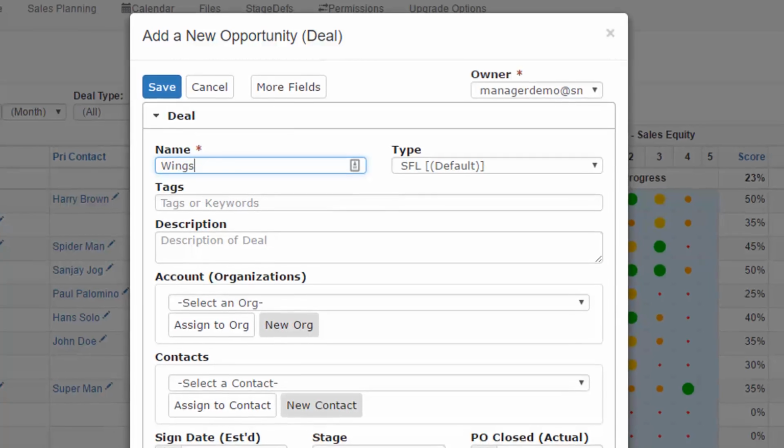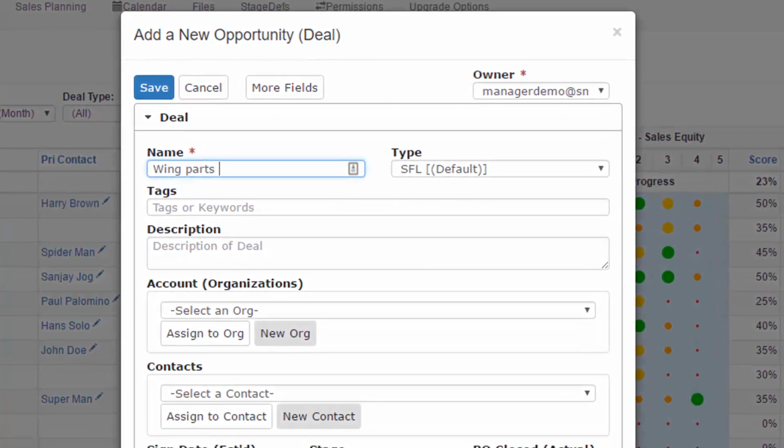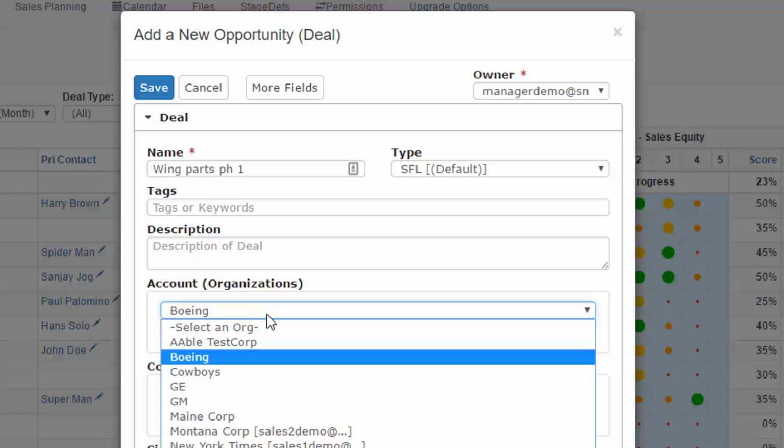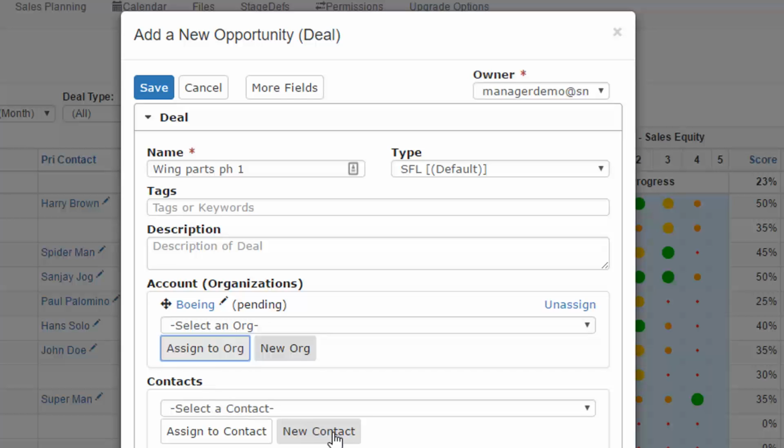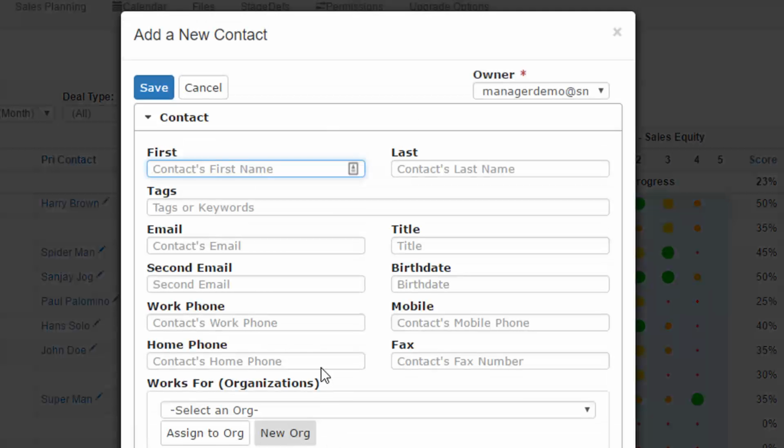Let's say we're going to supply, and this is going to be part of a project phase 1, let's call it. We've got an organization, so we know that it's going to be Boeing. I'll just put in a B, and it goes right to Boeing. That's one of the ones in our database. I assign that to the organization. I'm also going to create a new contact. There's a lady named Wanda Wingspan, let's say, so I'll just create a record for Wanda,